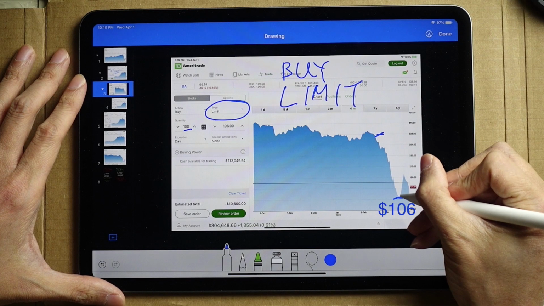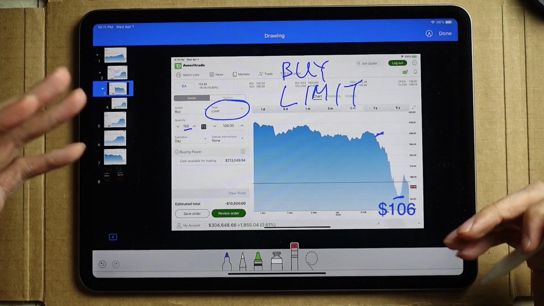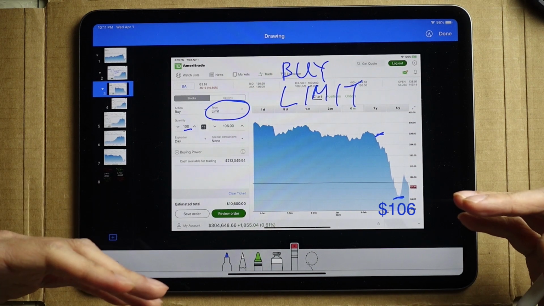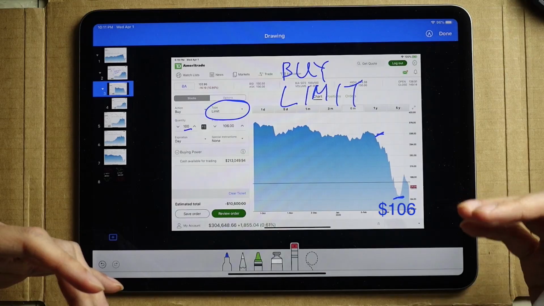So this limit order will not trigger until the stock price hits 106 or below. It means if it falls below the price that you set, then the order will be triggered and you would be able to buy it. This is great for companies that you really like, but you just feel like the stock has gone too expensive. So you can set a buy limit order at a lower price that you feel like it would be a good deal,